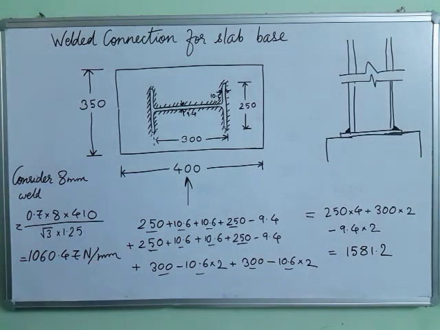So this is how much we have got: 1060.47 Newton per mm. That is the strength of the weld per unit length. So how much length will be required? We will be calculating it using the load divided by strength of the weld per unit length. Load divided by strength of the weld per unit length will give us the length required for the weld. So let us find out